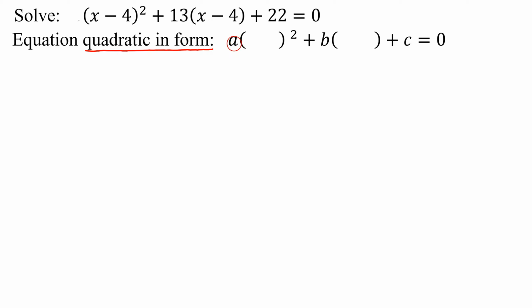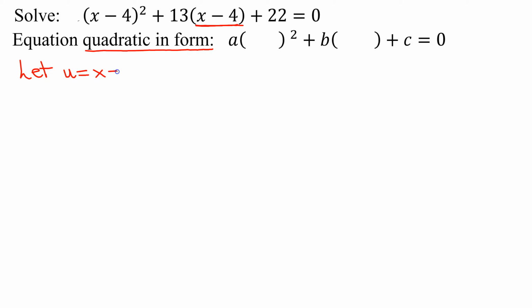Because it has the form a times some quantity all squared plus b times the same quantity plus c equals 0. And the simplest way to solve these equations is by u-substitution. You let u equal the variable on the b term. So we're going to let u